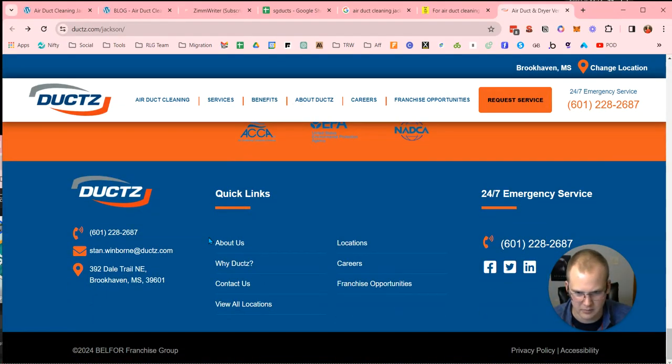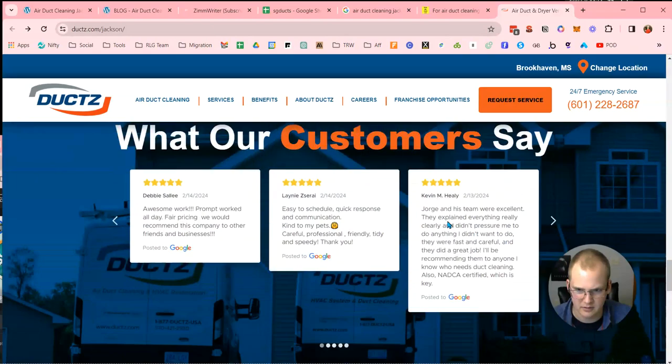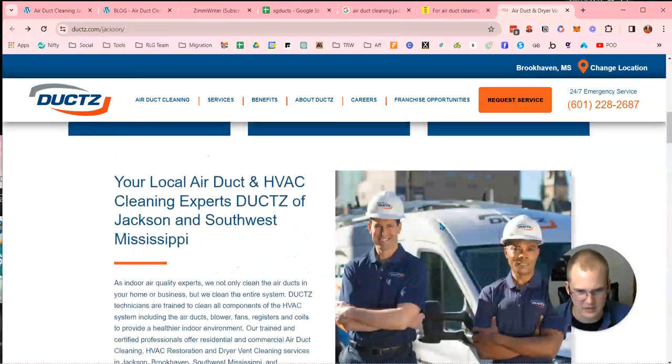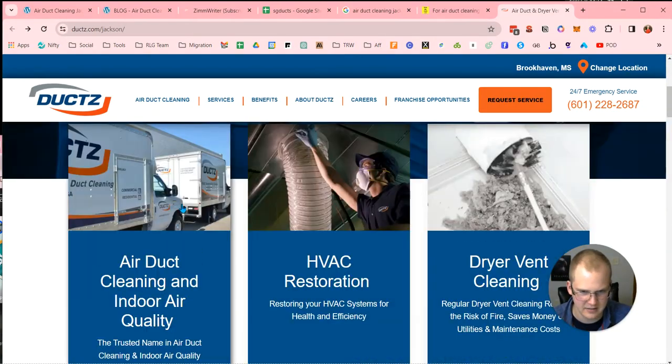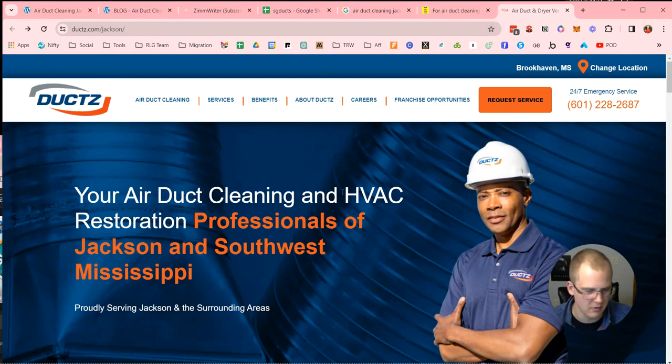New area opening up, Stan Winborn Ducks. So why Ducks? This is more of a chain website that's given to each franchisee. The good part about that is it'll give them a lot of domain power, a lot of age there, and a lot of links going into that domain. But the flip side of it is it doesn't give them much to work with inside of the super local area,